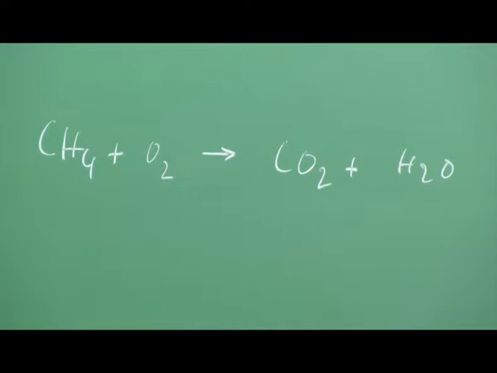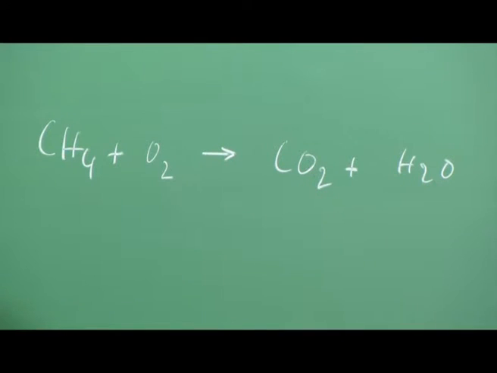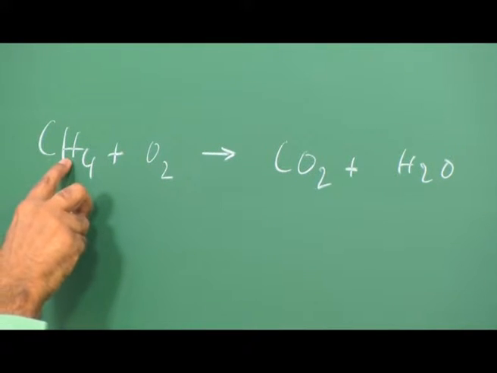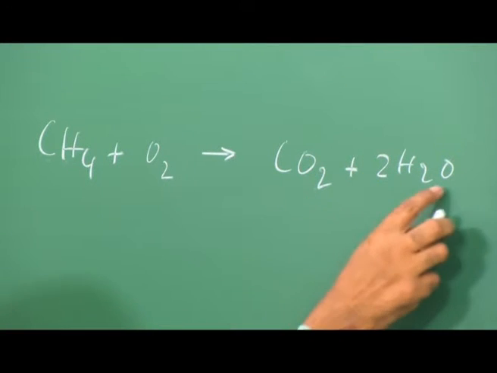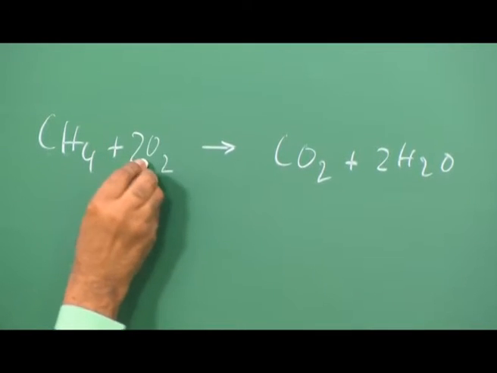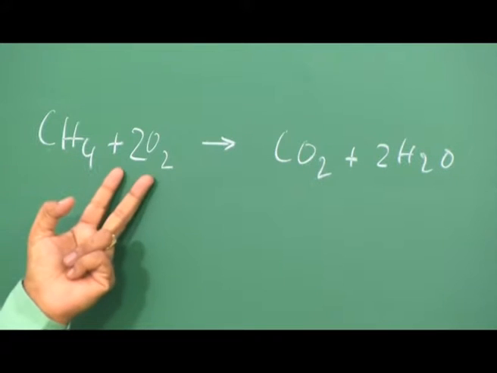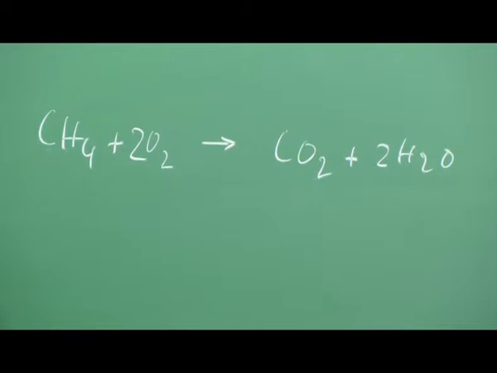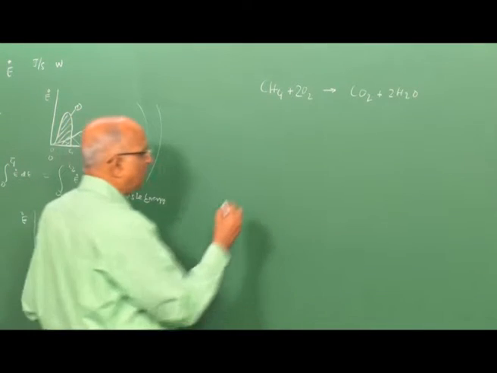I want to balance this reaction. I have 1 atom of carbon, which forms 1 mole of CO2. I have 4 H, since it is all stoichiometric products, I get 2 H2O. I have 1 O2 and 2 O here, 4 in total, that is 2 O2. Therefore, in the reaction of methane with oxygen, I have CH4 plus 2 O2, giving me 1 mole of CO2 and 2 moles of water. If I want to do this problem for energy release, we know how to calculate the energy release.